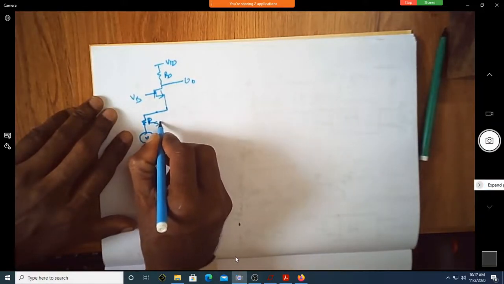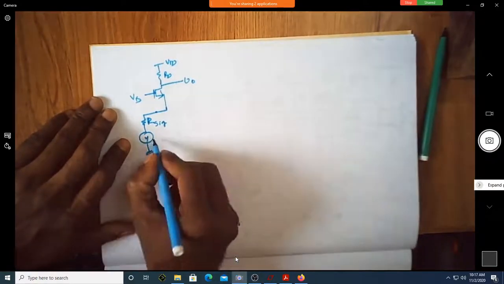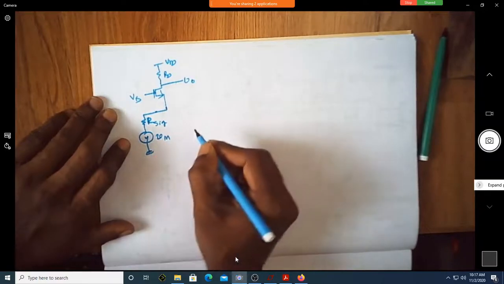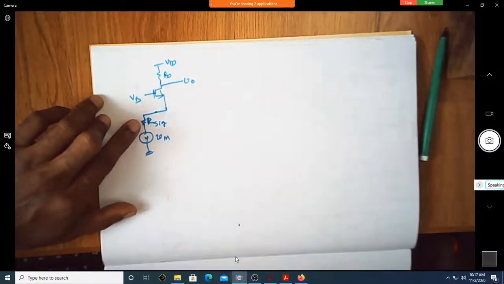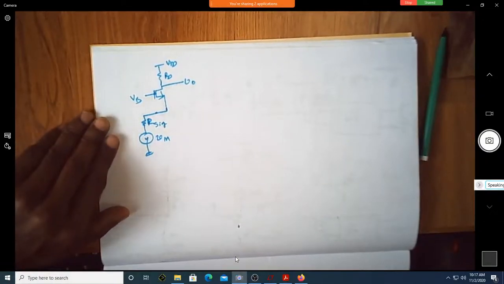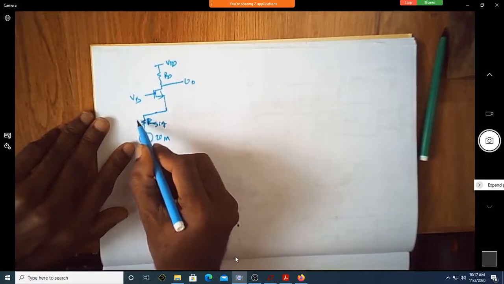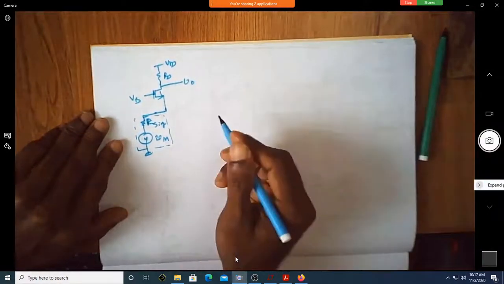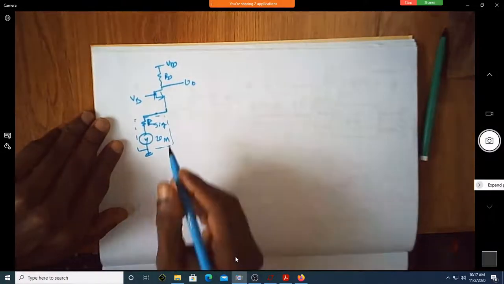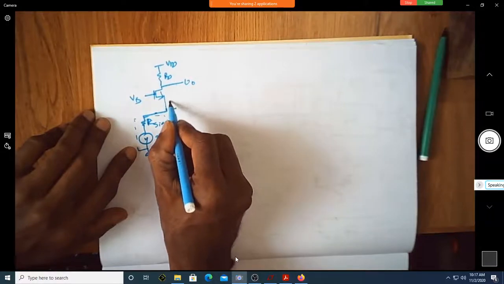I will write it as R signal so that you can understand R signal is the resistance of the signal source. If I write RS, you will think that it is the resistance connected to the source. I'm specifically writing it as R signal so that this is the resistance associated with the source. Correct? Now, when you have something like this R signal,